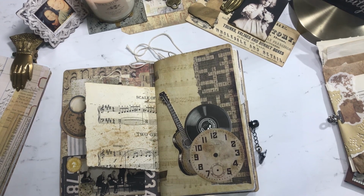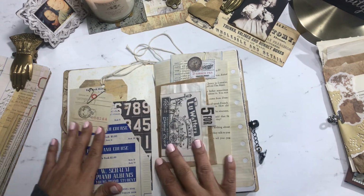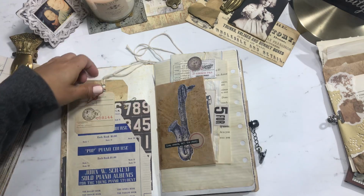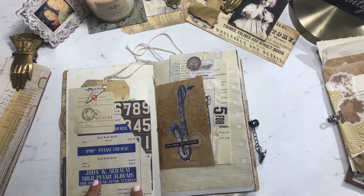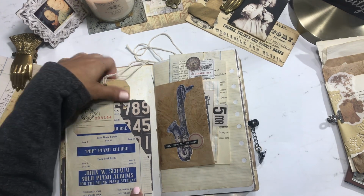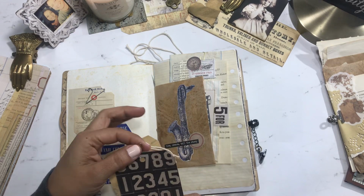Yeah, I think it's an Anna Griffin one, pretty sure. Okay, so on this side, here, this is from an old music book that I just kind of cut out, made a pocket, and then I just created a couple more tags with some more Tim Holtz paper, and then I left